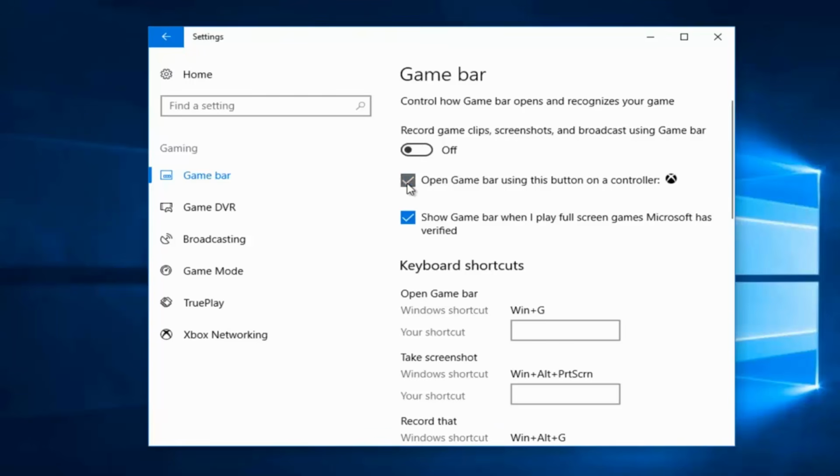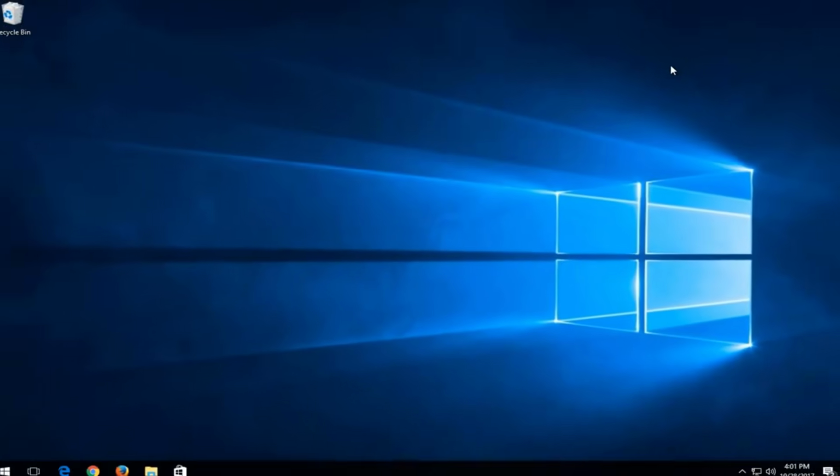You can also uncheck open Game Bar using this button on a controller, as well as unchecking show Game Bar when I play full screen games Microsoft has verified. And once you've done that, you can close out of the settings window, restart your computer, and everything should be